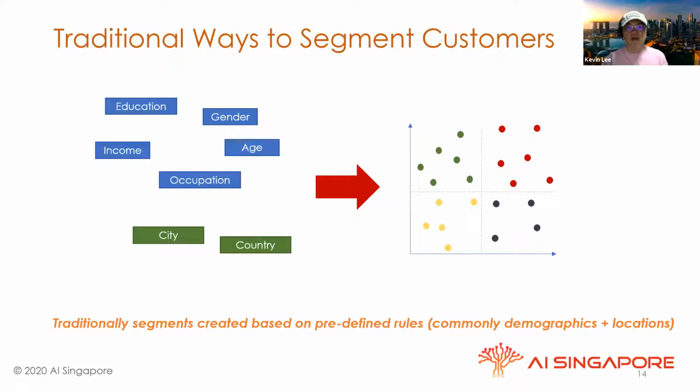The traditional way of segmenting customers is really to look at demographics or locality information like education, income, gender, age, etc. And with that, we will be able to create some rules to segment the market. Like for example, you could have a segmentation based on income: high income, mid income, low income. Those have traditionally been pretty effective. However, as we know, some of these demographic features don't really translate well into similar behavior or preference.